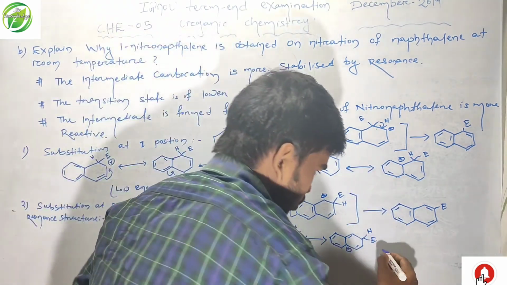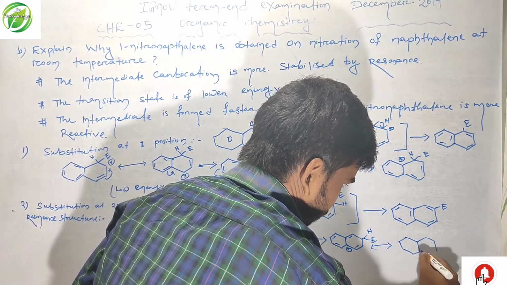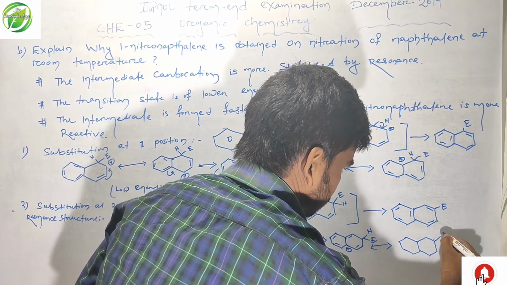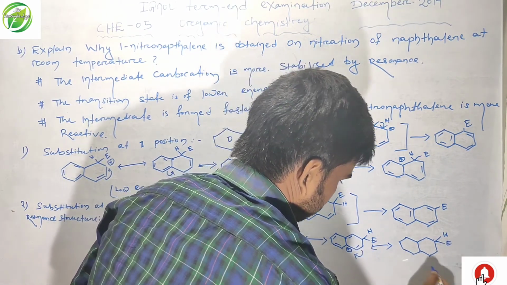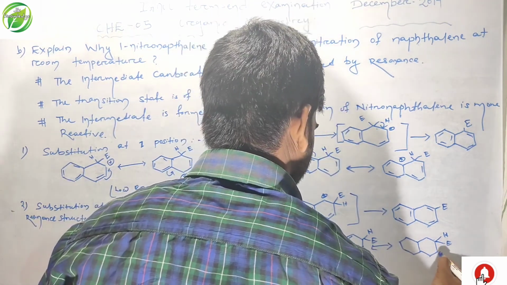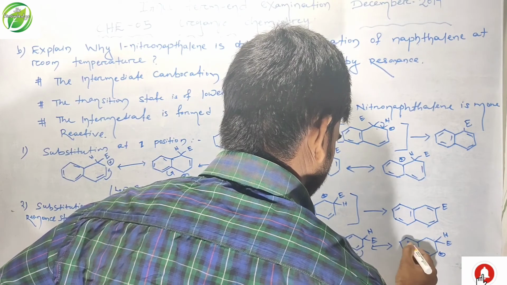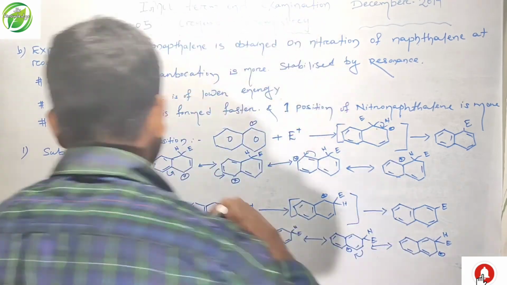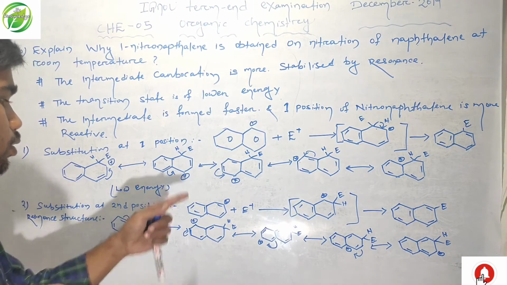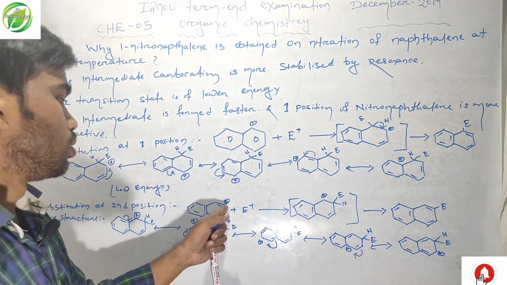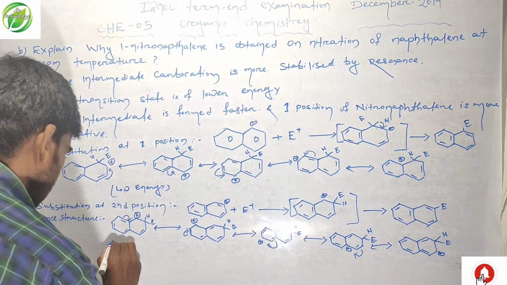The last resonance structure is possible, where positive charge is formed in this place. Friends, these are the 5 resonance structures formed when the electrophile attacks the second position of naphthalene. But in the case of the second position, there is only one resonance structure